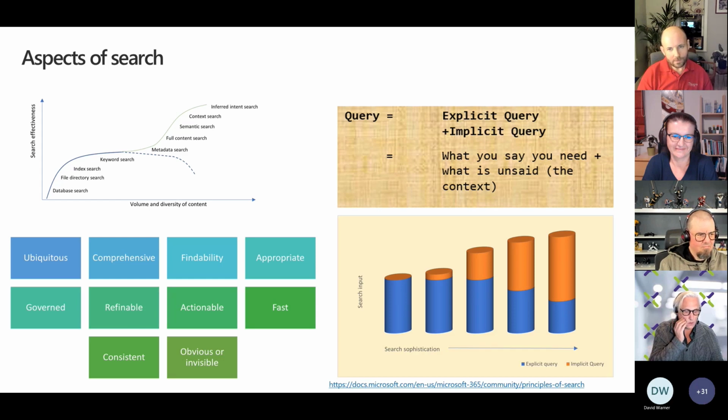Actually, they come from an article that we have in the Community Docs repo called "The Principles of Search," which talks a bit about how you can think about search and what's important to know in order to be effective with search. Agnes, I don't want to put you on the spot with an article that somebody else wrote, but do you have thoughts about those principles of search and how people can think through them?